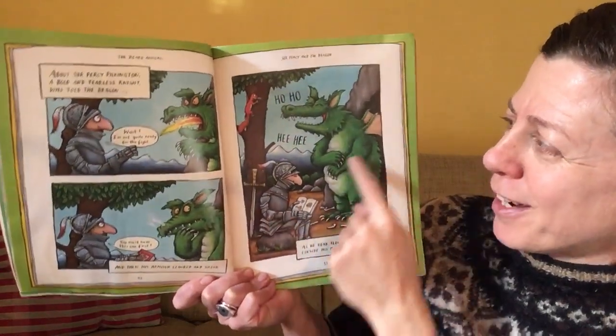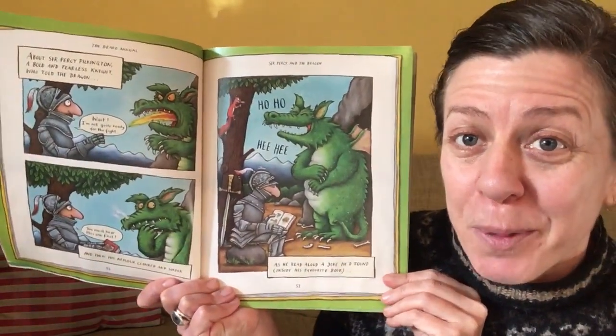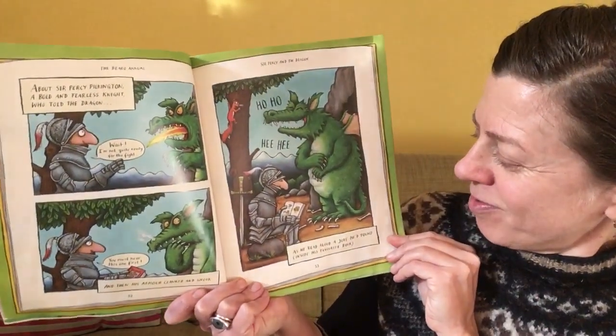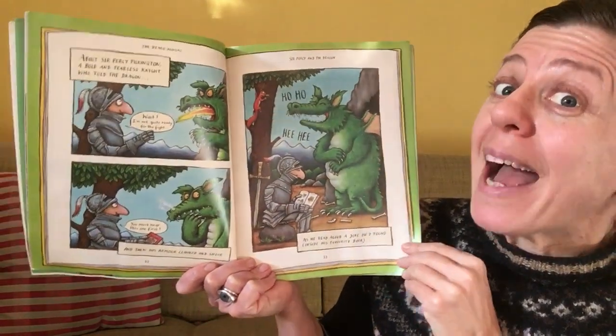And look, they're both laughing away. So he's told the dragon a joke from his favourite joke book. So rather than fighting, they're laughing. Well, his favourite book about...